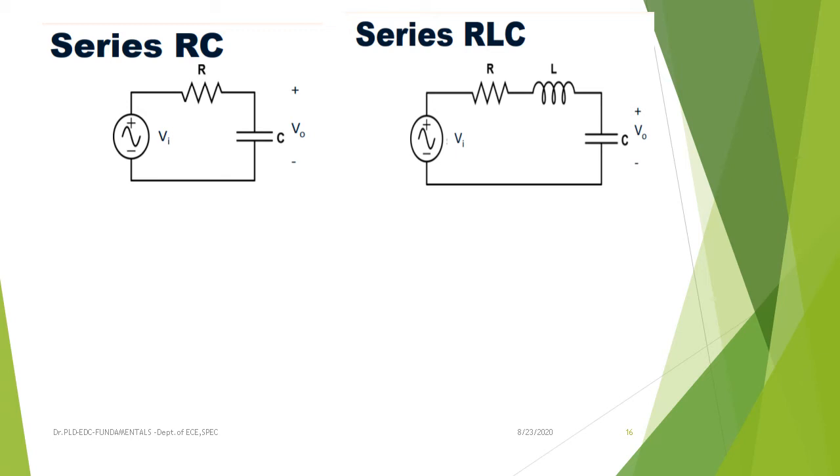But how do you calculate the drop across the capacitor and the drop across the resistor with respect to the input voltage source VI in the first case, and similarly in the second case also? We should know how to calculate the drop across each and every component based on applying the input voltage VI, and calculating the drop across the capacitor, inductor as well as resistor. Accordingly, based on the output component where we are considering the output voltage, the output voltage equation varies with respect to the input voltage VI.